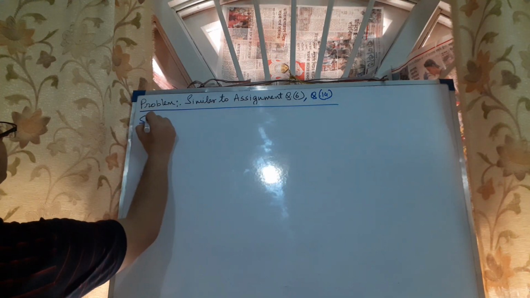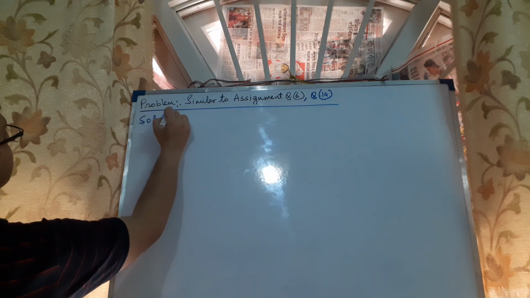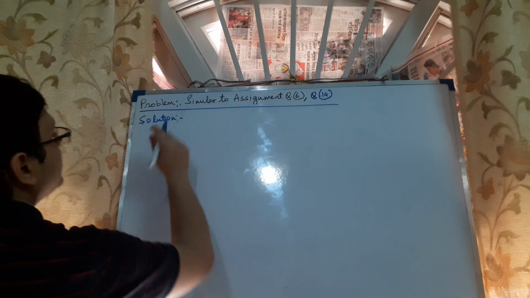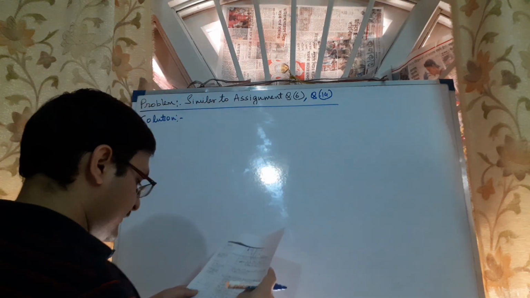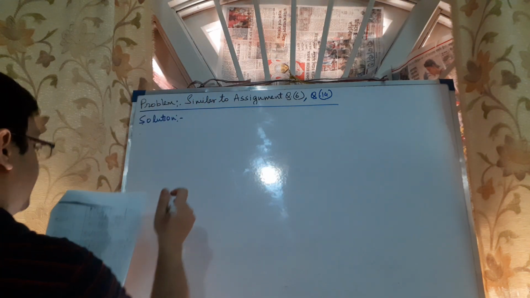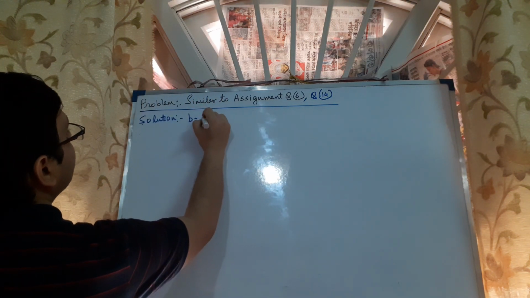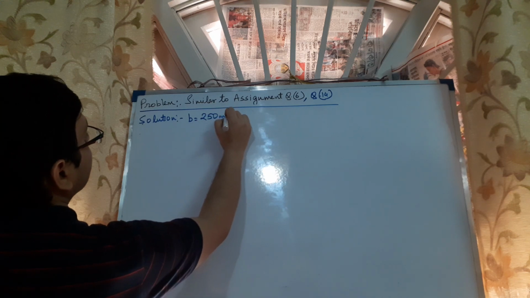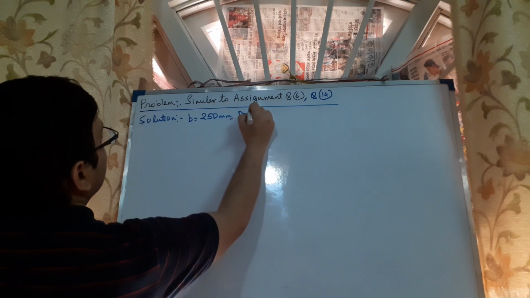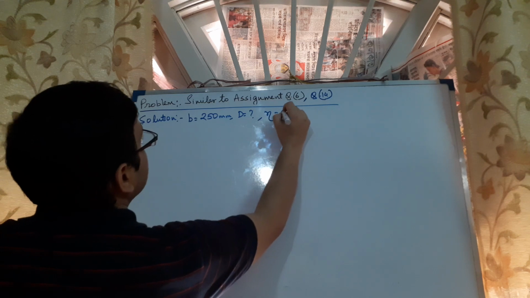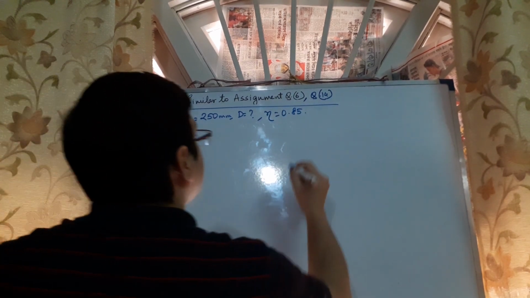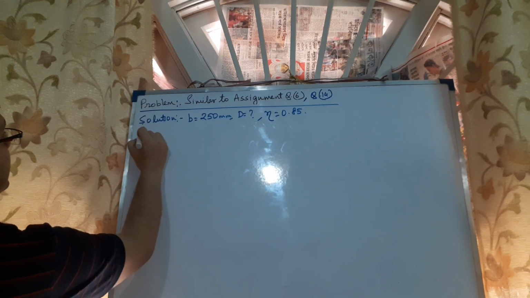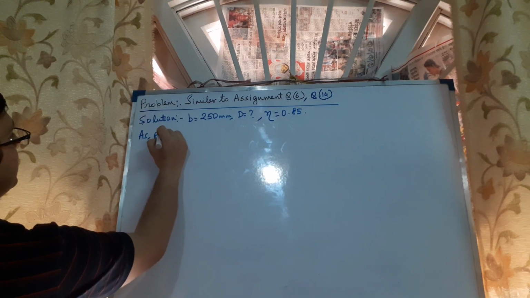So now coming to the solution, it's not the liquid solution obviously, but the answer for the problem. So it is given that B is 250 mm, depth we have to find out, eta is given 0.85. Now, as per permissible limits,